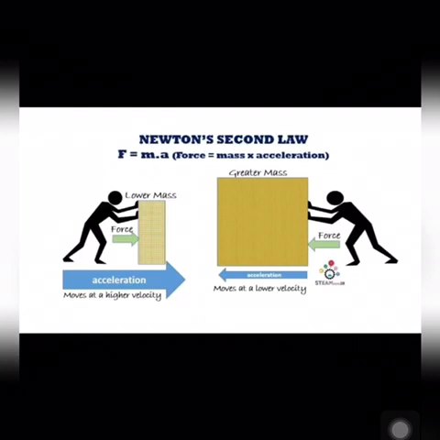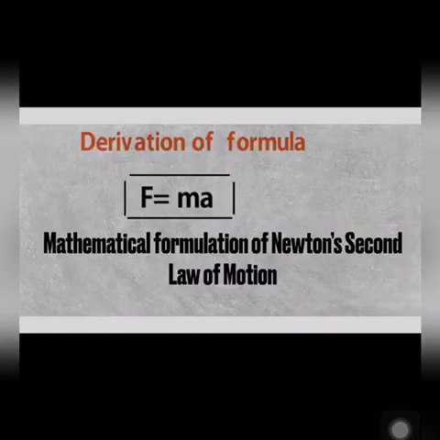One thing more about Newton's second law is that it gives the relationship between the force applied on the body and the acceleration produced in the body. That is, greater the mass of an object, the more force it will take to accelerate the object, as you can see in the figure. Lower the mass, more is the acceleration. In the other one, greater the mass, less will be the acceleration.